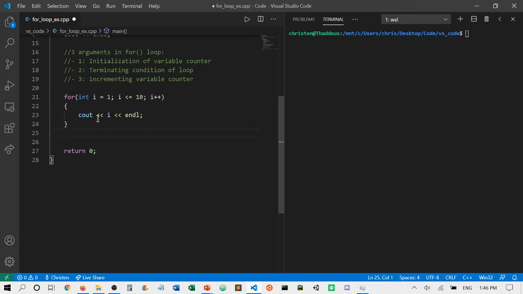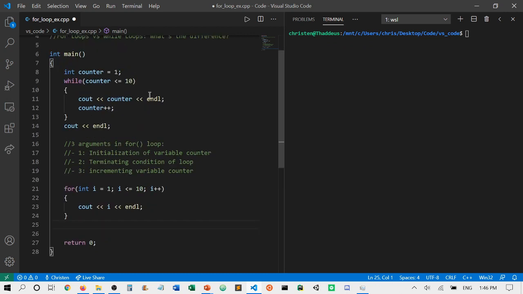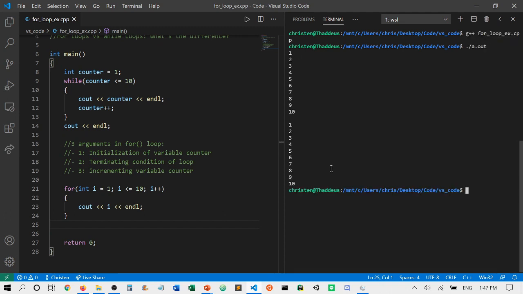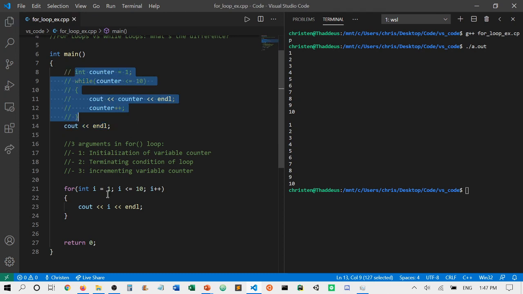So in this particular example, both of these pieces of code actually perform the same operation. And if I were to run the code here in the terminal, you would notice that we get the same output. However, the beautiful thing about for loops is that we have some flexibility. And let me explain this here. Say we wanted to set I equal to 10, and we wanted I to go to 1 instead, and we wanted to print in reverse. Well, we'd have to change a couple of things